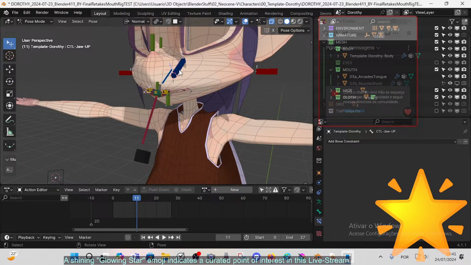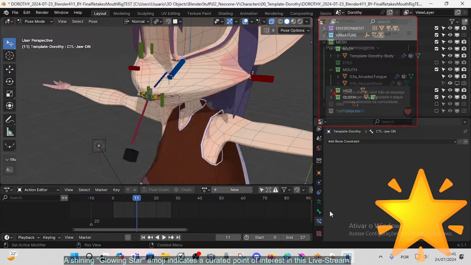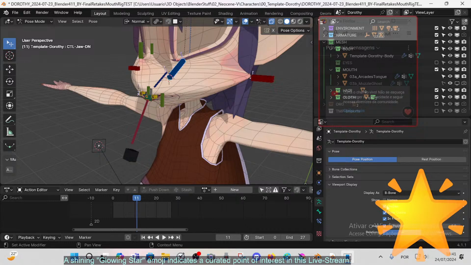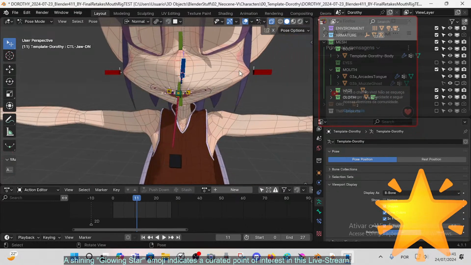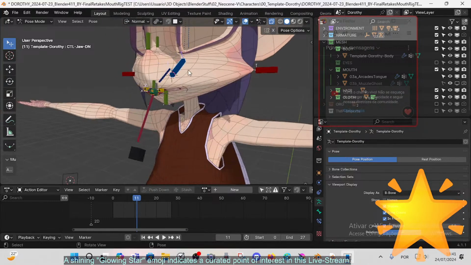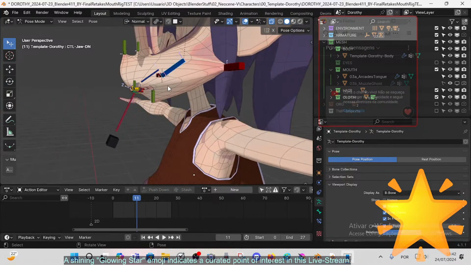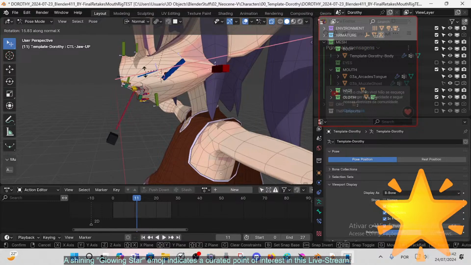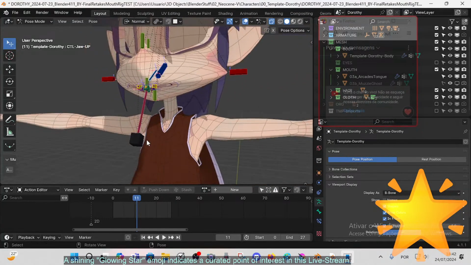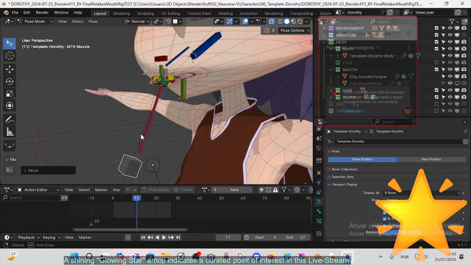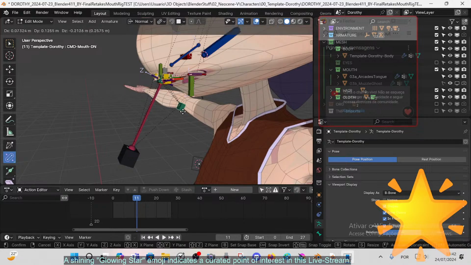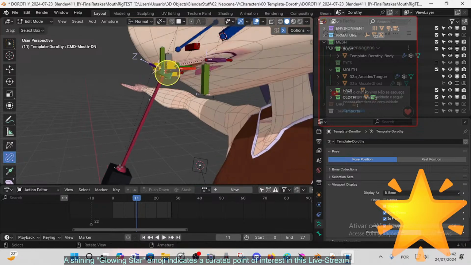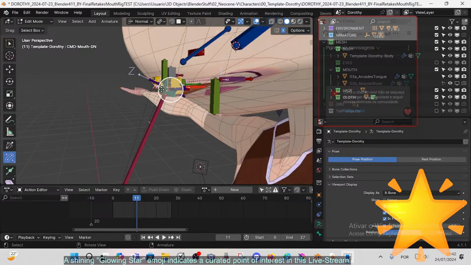I could have them maybe as controllers with custom shapes. Maybe I do some shape for the jaw, something more intuitive, because they are not very easy to access, so that's just that. And so I had them bypassed. So what I did was that now these bones are parented, these command mouth bones,